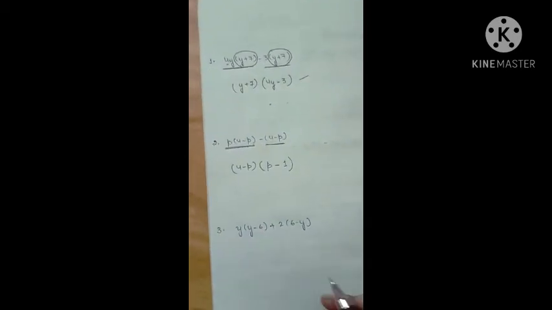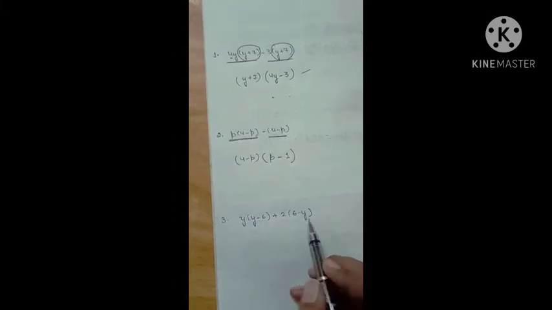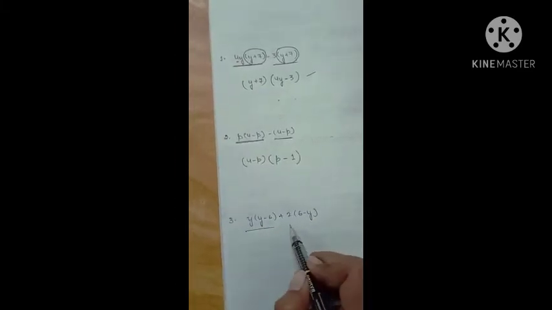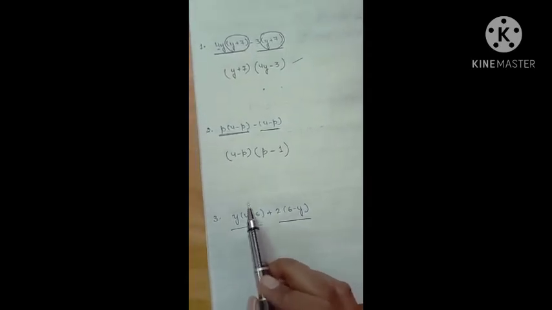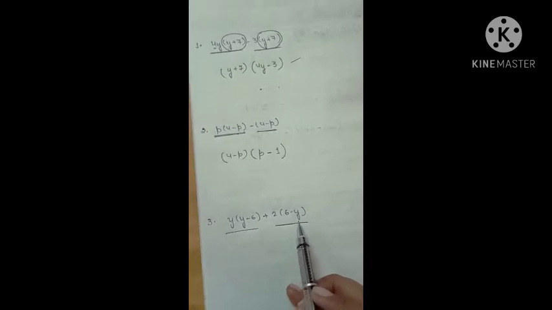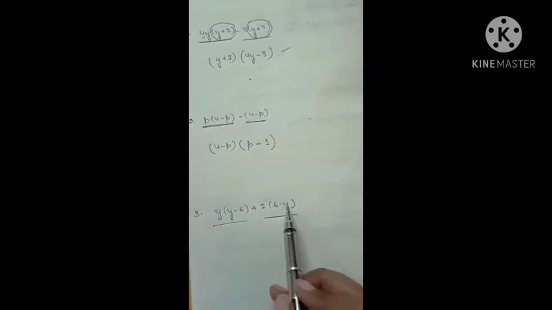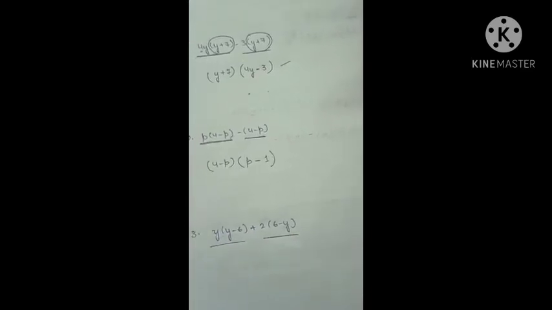Now see here, this is y minus 6 plus 2 times 6 minus y. Now this is the first term and this is the second term. Now here you can see that here is y minus 6 and here is just the reverse, that is 6 minus y, right? So here we cannot take out the common. So here is y minus 6 and here is 6 minus y. So what we do,